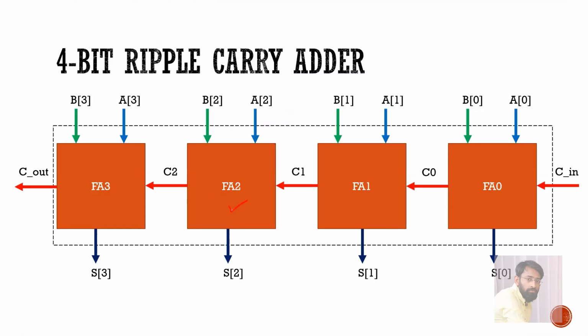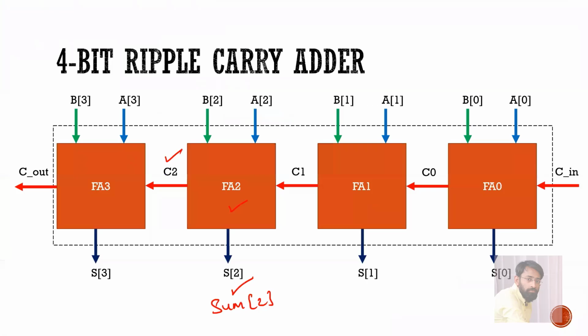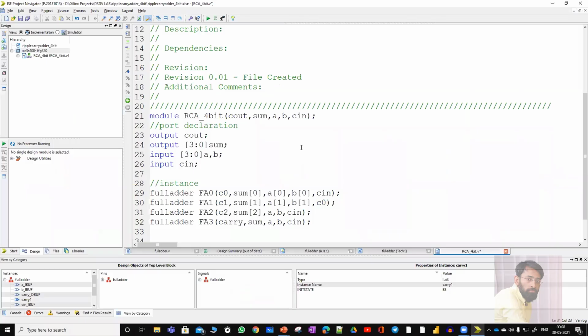Next, similarly go over full adder FA2. So coming to FA2, output is C2 and S2, which is nothing but sum 2. So I'm writing it like this. So initially carry is C2. C2 and sum is nothing but S2 and coming back to inputs. So here inputs, if you observe, it is A2, B2 and C1. So A2, B2 and here it is C1. Done.